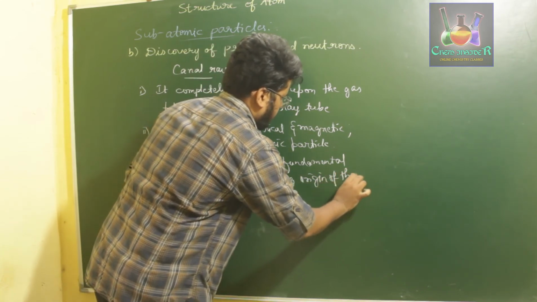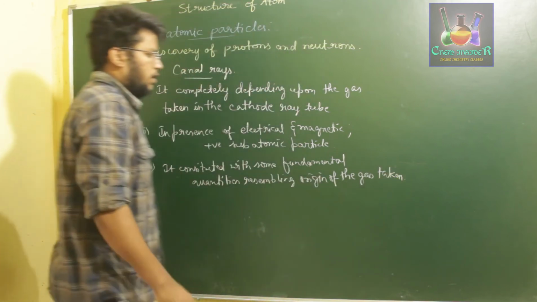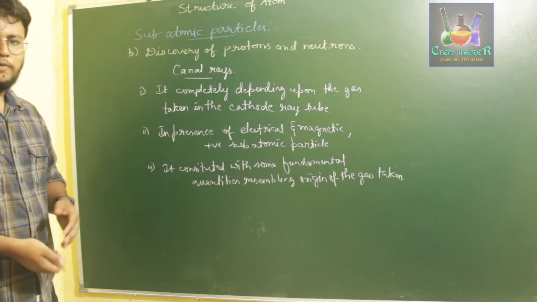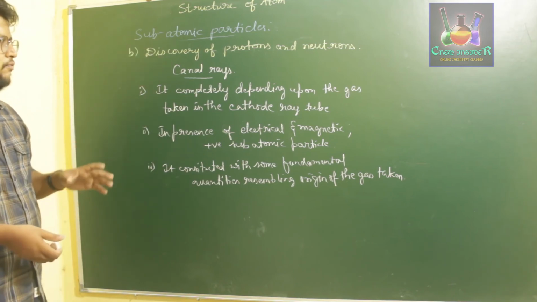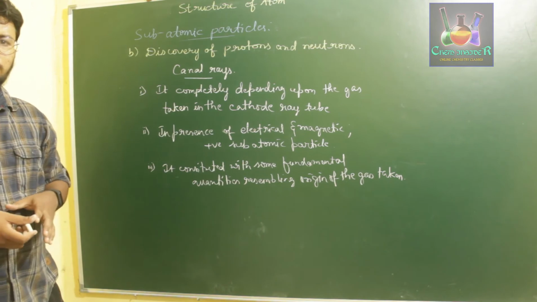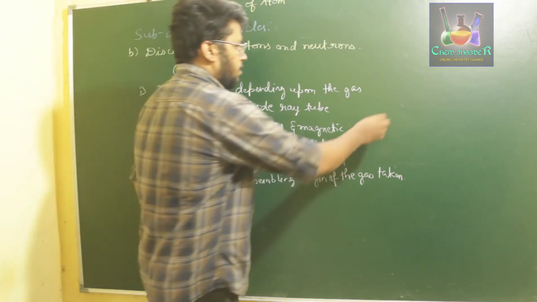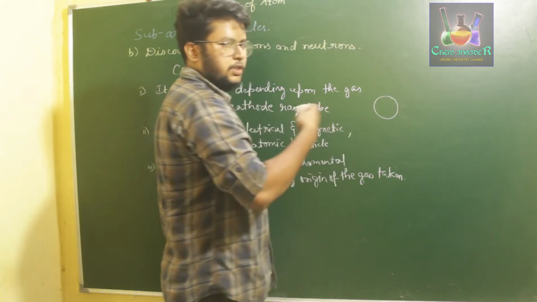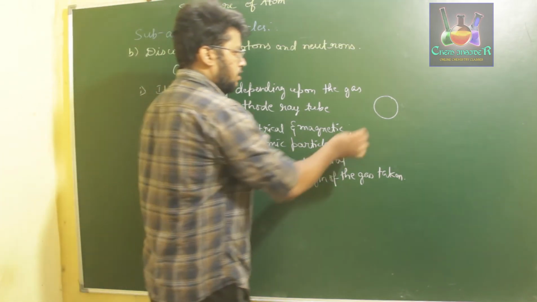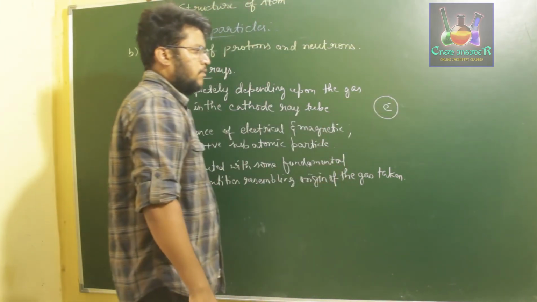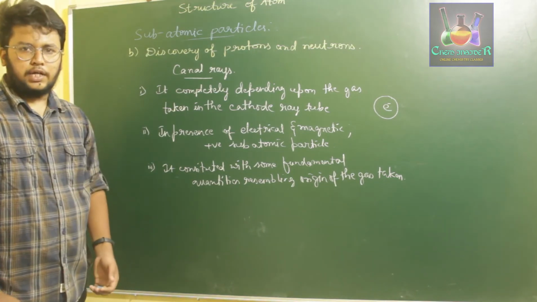So using all these conclusions, we came to know that there might be one more subatomic particle. Further, if you are considering just the electron as a subatomic particle, an atom will be negatively charged. Like if I say this is an atom, and using Michael Faraday's experiment and J.J. Thomson's experiment, if there is just an electron present in it, then the atom should be negatively charged. But actually, atoms are not negatively charged, they are neutral.